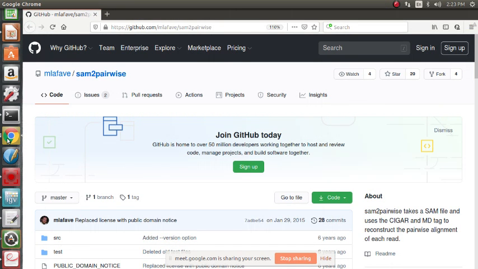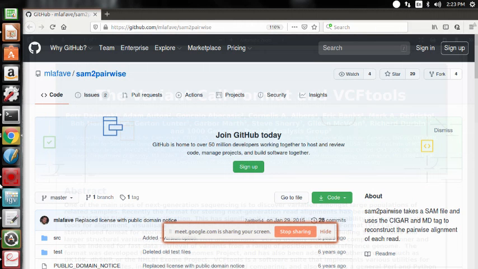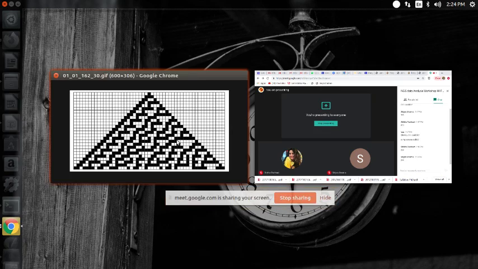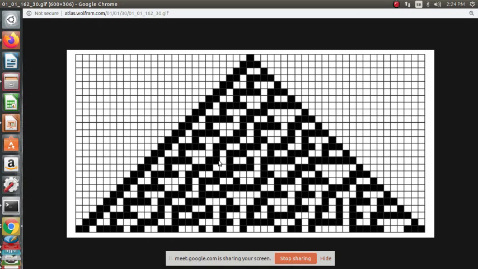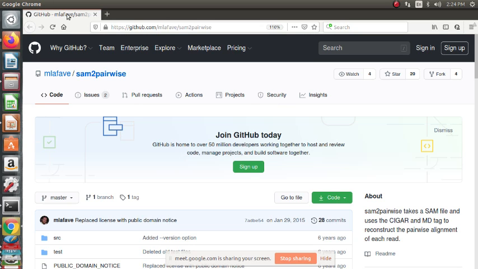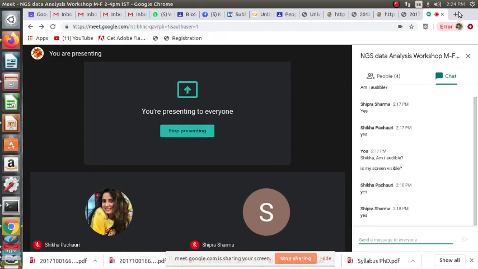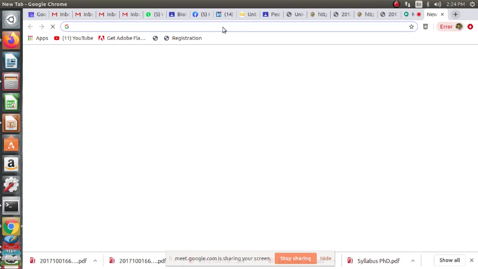Again, opening Chrome. Yes, so let us open the VCF format poster which was officially published in a conference.